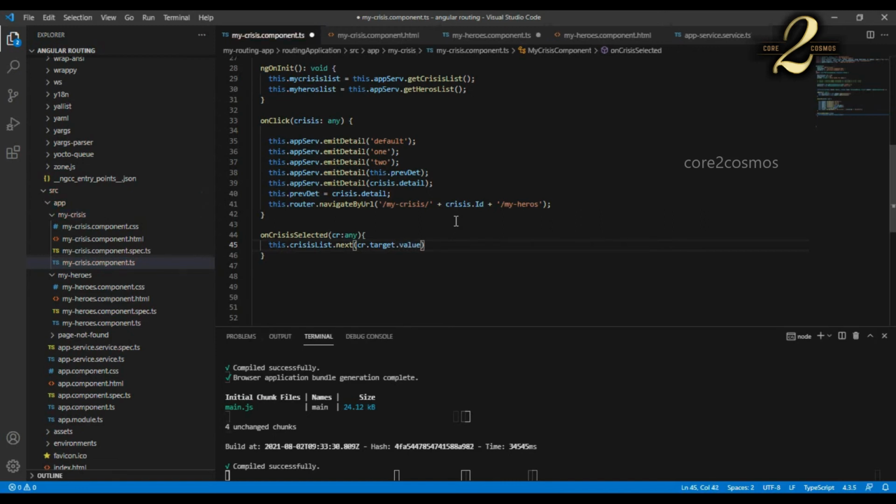So whatever the value selected in the crisis dropdown, I am going to emit to the crisis list. Similarly, at line number 48, I am creating a method onHeroesSelected. So whenever we select any value on the heroes dropdown, we are going to emit that value to the heroes list.